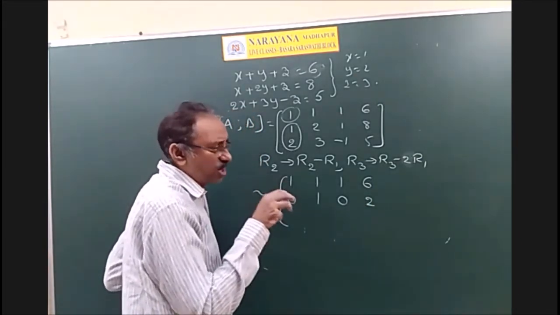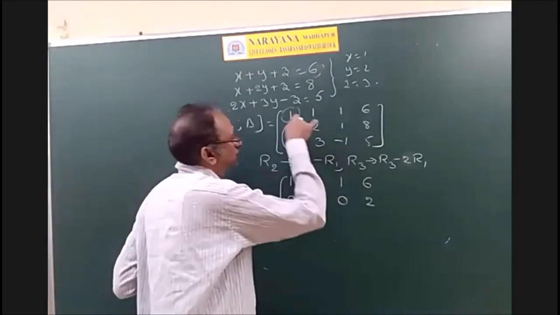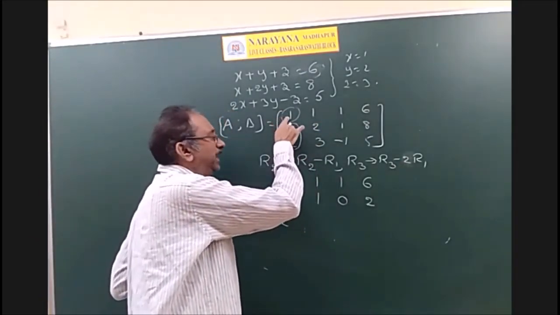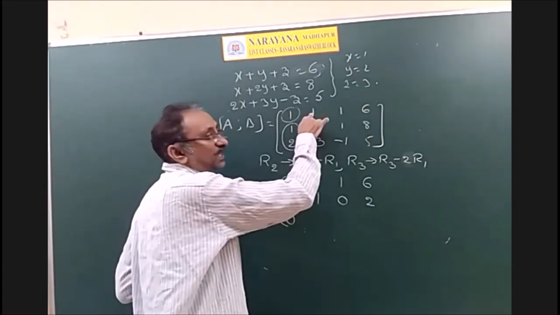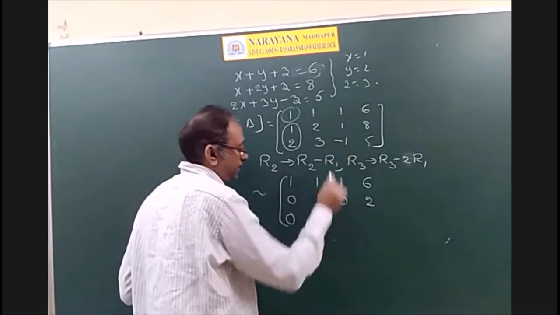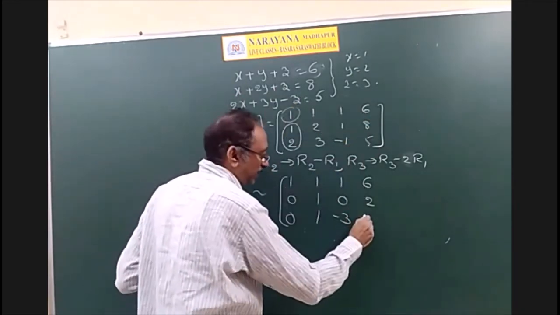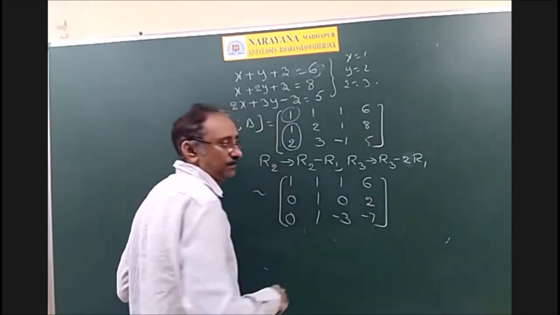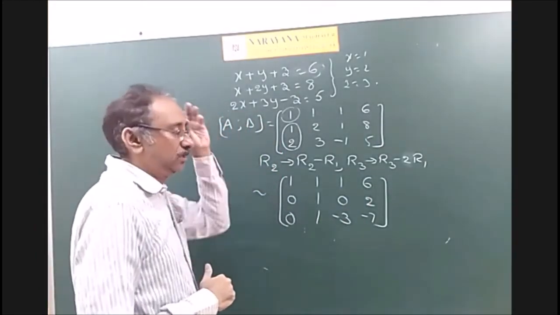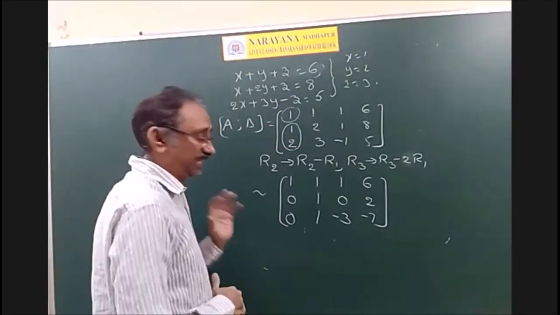In these operations you have to be careful. You will make mistakes. So what you will do? Multiply with minus 2. Minus 2 plus 2, 0. Multiply with minus 2. Minus 2 plus 3, 1. Minus 2, minus 1, minus 3. Minus 2 into 6, minus 12 plus 5, minus 7. So at every calculation, think like that in the mind and only simplify. And the second step is over.